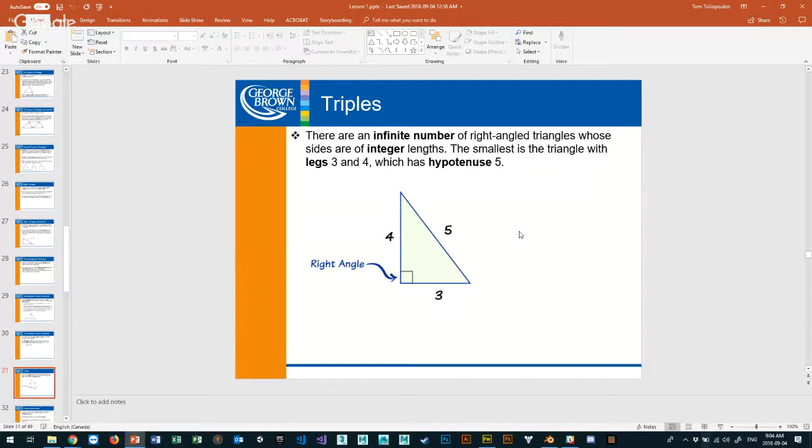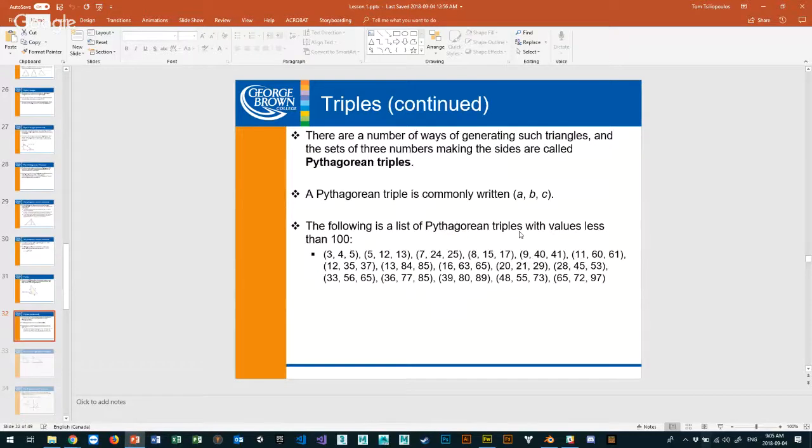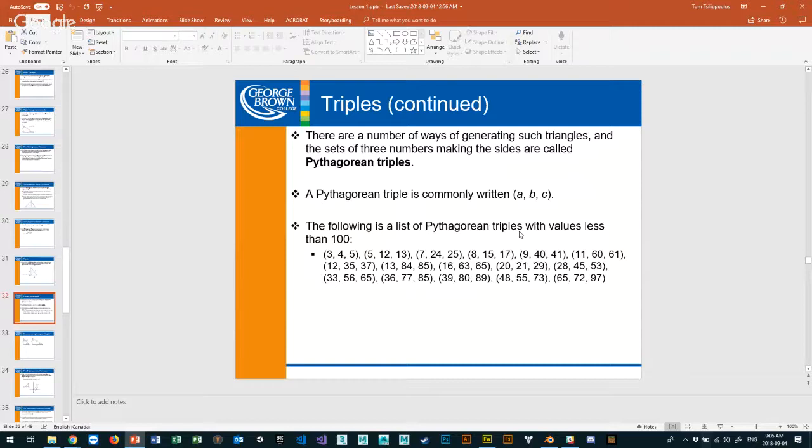What are other ones? Does anyone know any other magic triangles like this that you should remember? 1, 2, root 3 is one of them. 1, 1, root 2 is another one. You should know some of these things; they're magic triangles in that they are always going to equate to that over and over again. And why would that help? Because on a test, it'll speed things up for you. You'll look at it and go, wait, Tom gave me a 3, 4. Oh, wait, that's a 5. I don't have to calculate the Pythagorean theorem. I know that if I have a right angle and if I have 3 and 4, the other side is 5. And here are some examples of Pythagorean triples: 3, 4, 5; 5, 12, 13; 7, 24, 25.